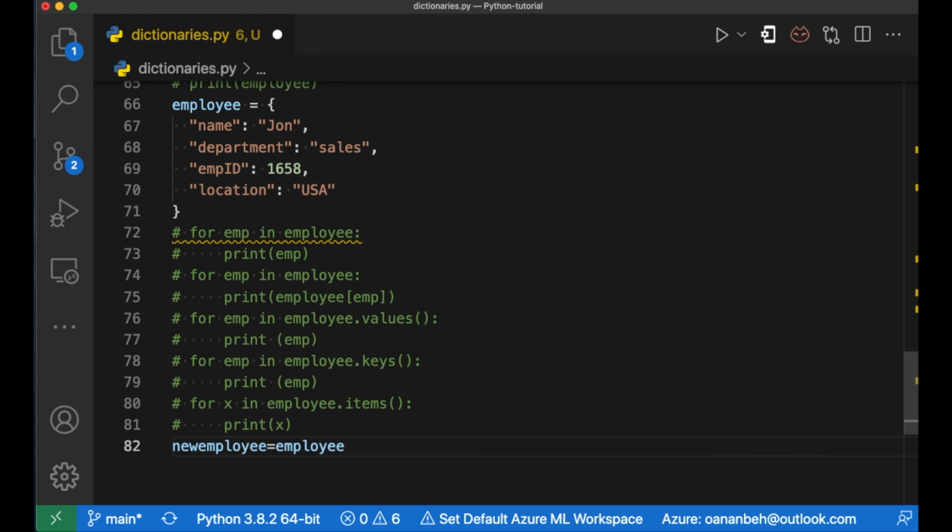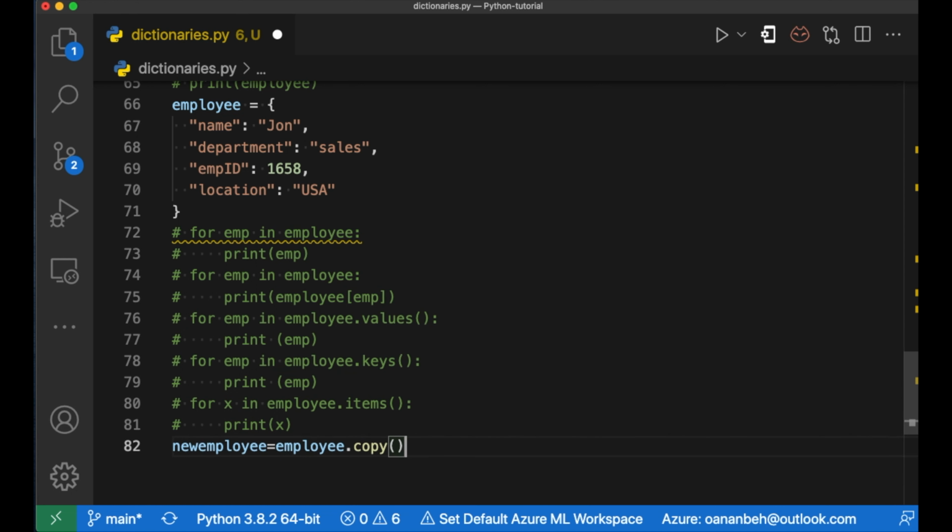So I'll say employee.copy. That's it. Now if you print the new_employee dictionary,